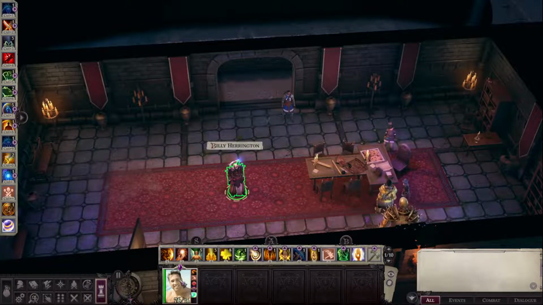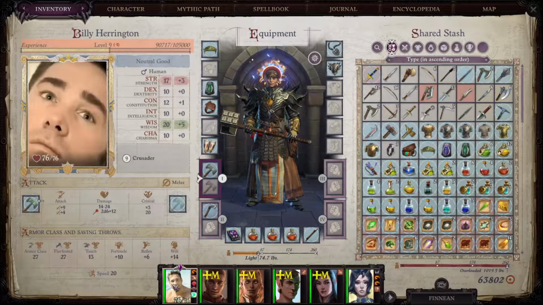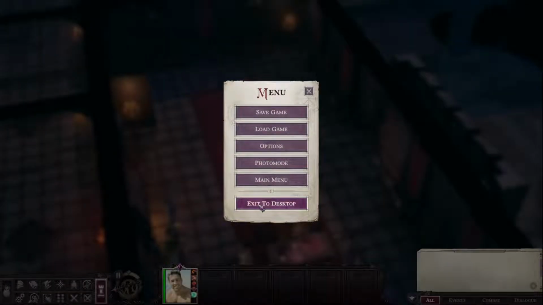And why yes, that is Billy Herrington as a player character. Majestic. Alright, with that out of the way,